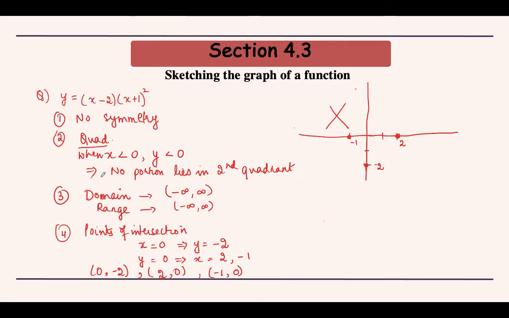So in this step we are going to see if we can eliminate a complete quadrant from our sketching purpose. We can see here that if I take my x to be negative, my y will also be negative, which means it will never come in this portion. In this portion we have x negative and y positive. So no such x and y coordinates will exist on the graph, and therefore no portion is going to lie in the second quadrant. So that is how we use this second step.